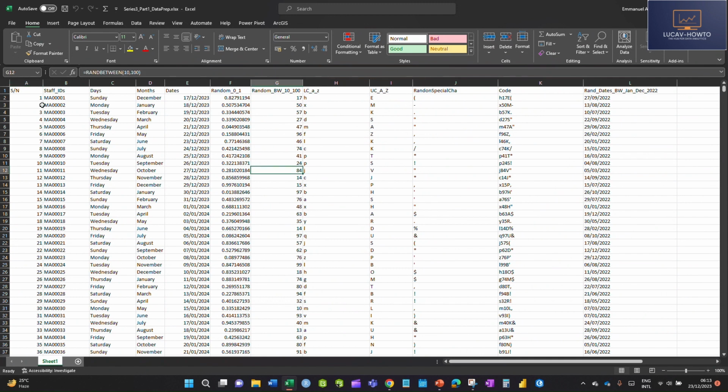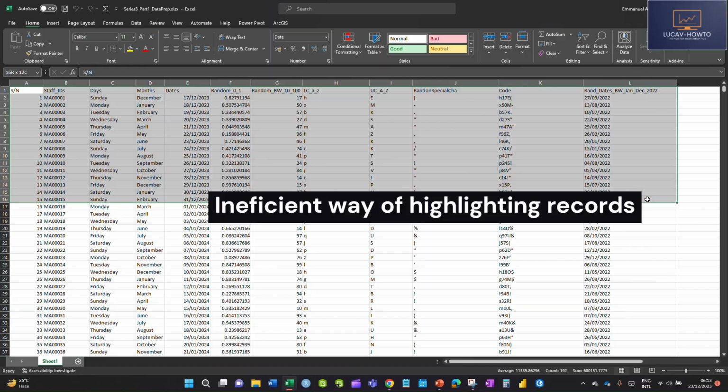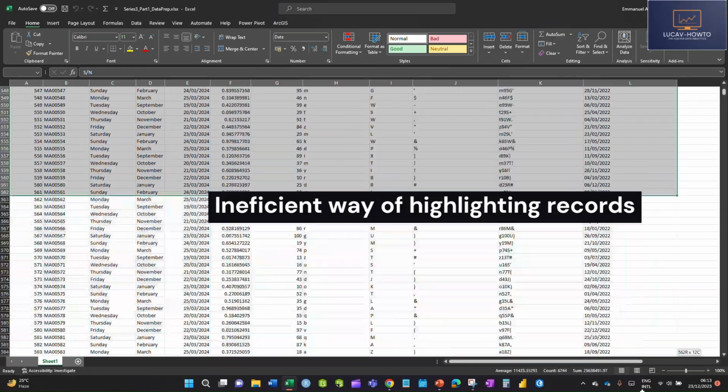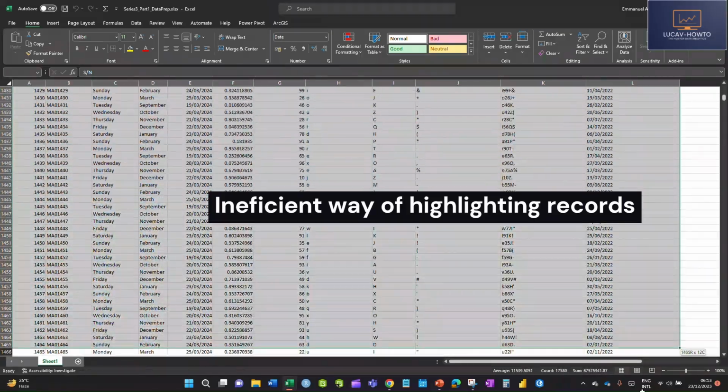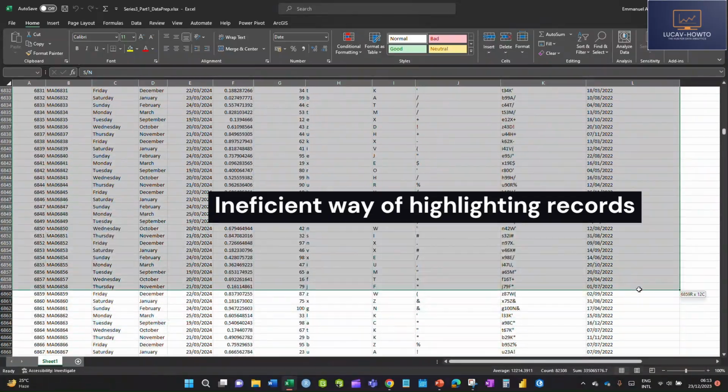Now, I like working in this way. I always like to retain my original data sets, and then I will copy it and work with the copied version. So let me try to copy this using the old-fashioned method. I will begin to highlight it and drag it down. You can imagine how long it will take me to drag down to 41,000. We are still at